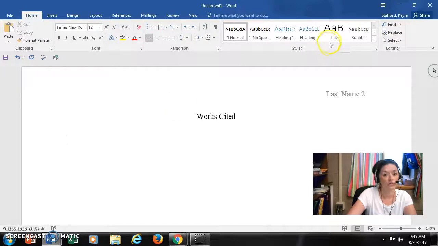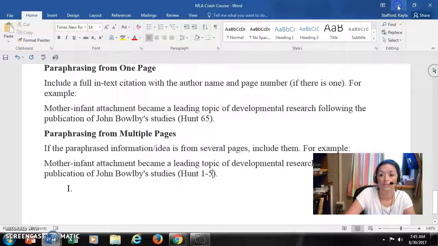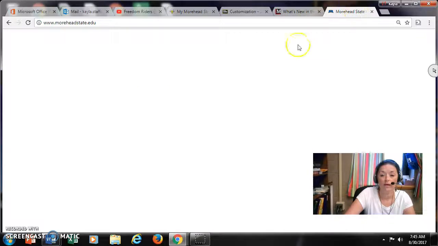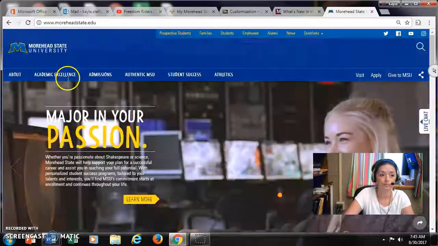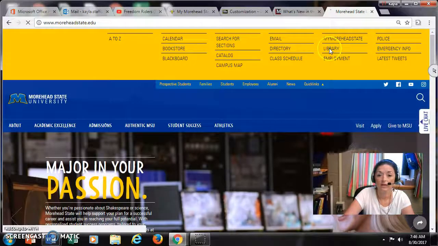Now I want to show you something that will really help you as you are moving through this course. Now that you are on Blackboard, you have your MSU ID, you have your password, you are going to use the library databases. So if you will go to Morehead State University, which is moreheadstate.edu, and then you can go to Quick Links, Library,